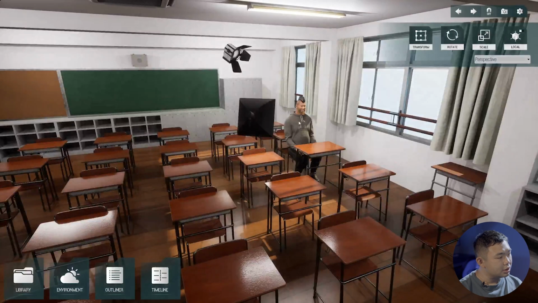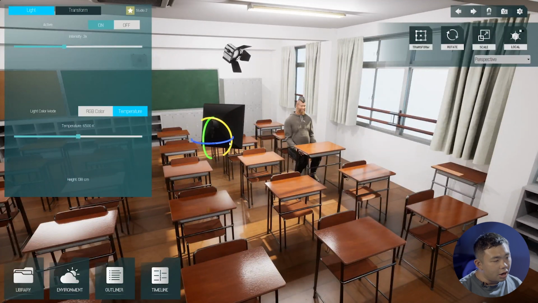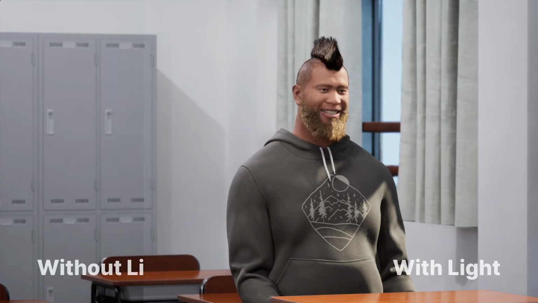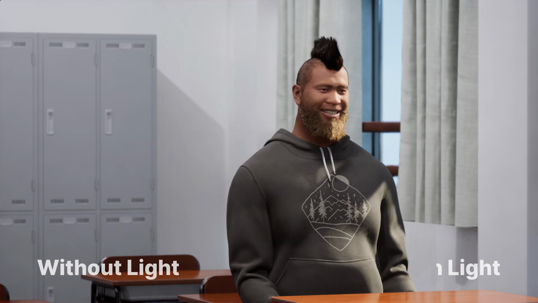Alright, the fill light is still there. Move it a little bit farther from the character. Now we can have a comparison between the character with light and without light. Using three-point lighting results in a more polished and professional image with better control over shadows, highlights, and depth.